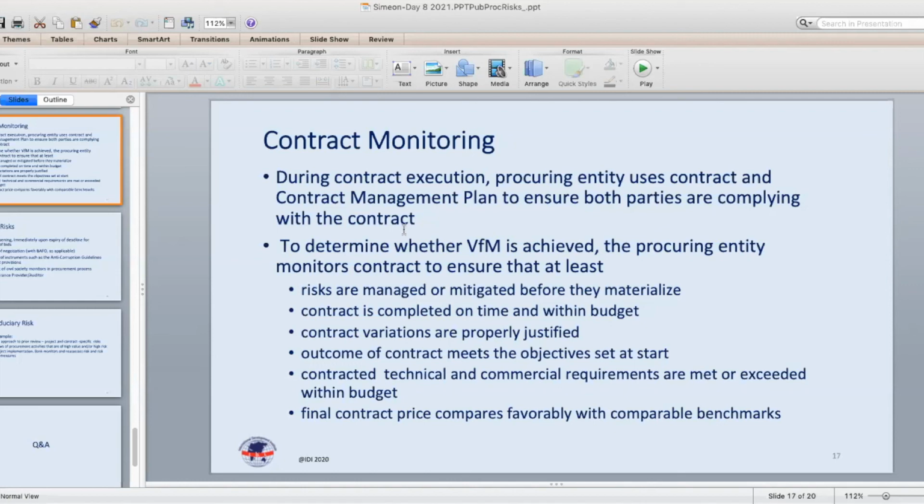The risk that the performance ultimately delivered is not compliant or is not acceptable. The risk that I'm thinking of, before you even get to that, is the risk that the procuring entity won't be in a position to monitor the contract performance. And again, that's a risk that's elevated in the context of emergency procurement, where the conditions for contract monitoring may be difficult, if not